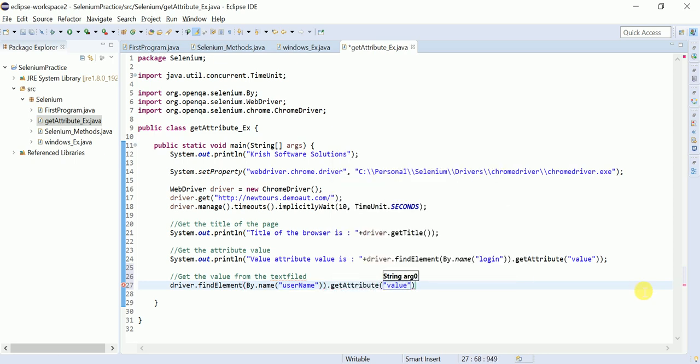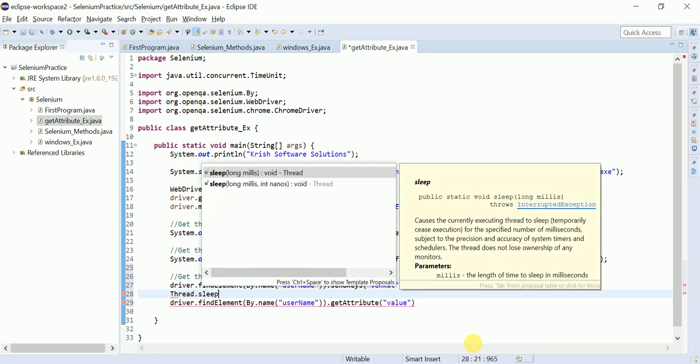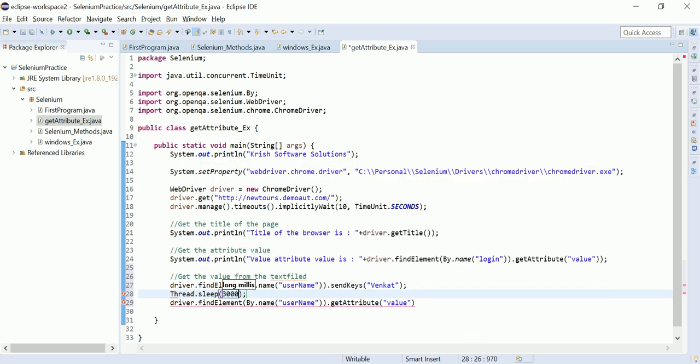But if you want to fetch the value, first you need to enter it, right? So first I am entering the value by using send keys. I am entering Venkat, and then I am giving Thread.sleep for 3 seconds, and then I want to fetch the get attribute value.